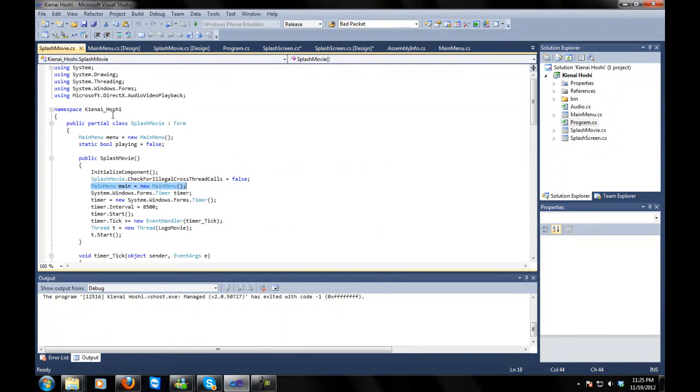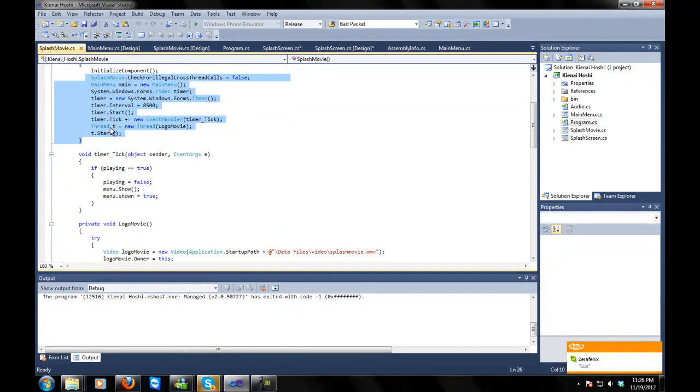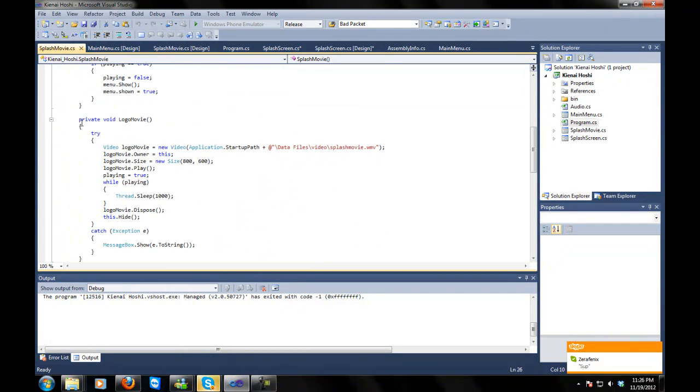So the main thread is what your program is running on. The processor is processing all of this stuff. It's saying, okay, he calls InitializeComponent, so I've got to go do that. He sets this to false, so I've got to do that. And once it gets to a new thread, it says, okay, now I have to create a new thread, so I also have to process that at the same time while I'm processing all this stuff. So once I create the new thread and start it, the processor is going to start processing all of this information,